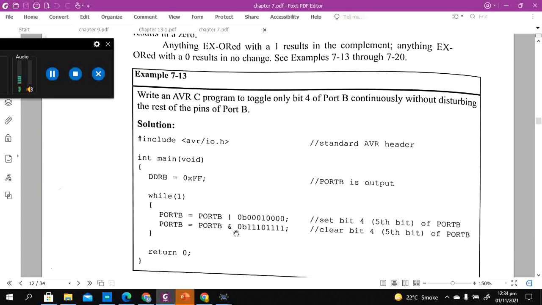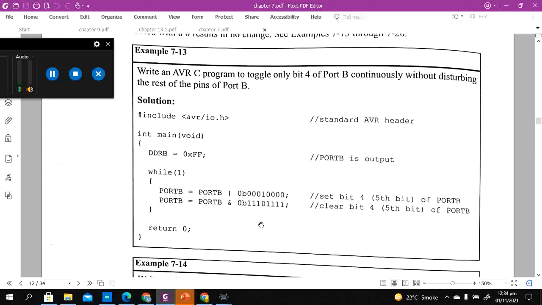So technically speaking, this code is going to run, and when it runs, the 5th bit is going to be on and off continuously, and the rest of the bits of port B are going to be unchanged. This is the beauty of a mask, that when you apply a mask, you can select only a particular bit of a byte or a port, and then change its value only.